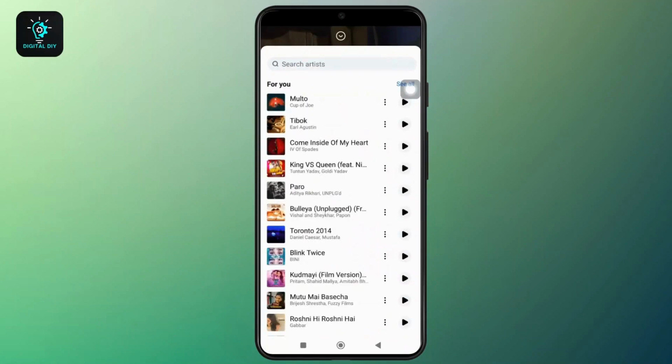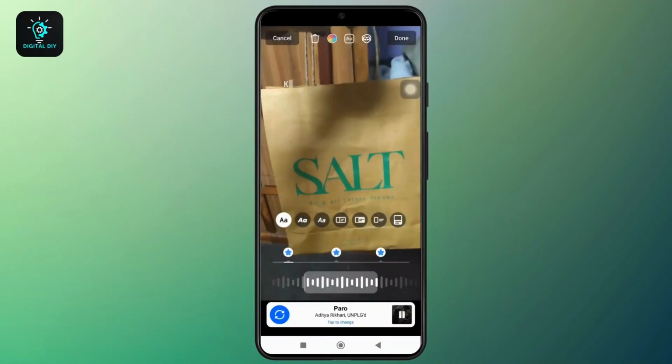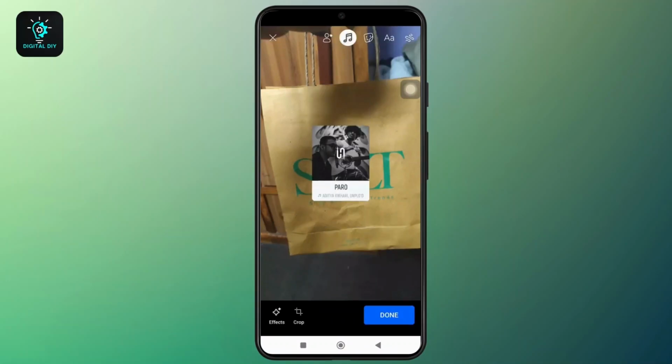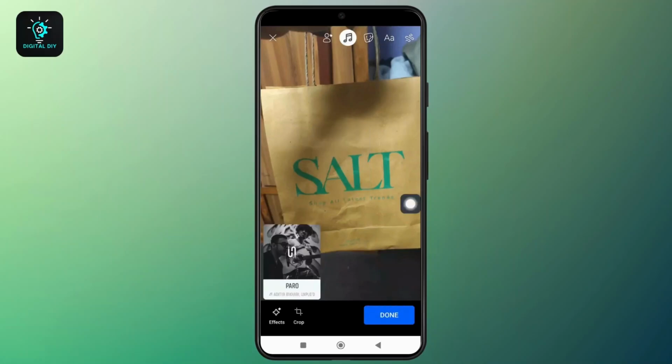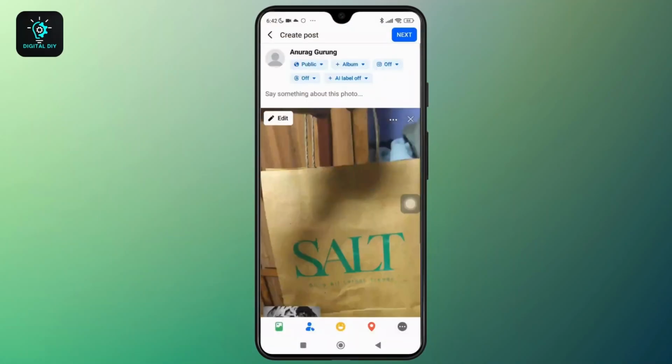You can either pick one from the list or use the search bar to find a specific track. Now depending on the song, you might also be able to add lyrics and adjust the clip length, and once you're happy with the music, just tap Done in the bottom right corner, and on the new page, simply tap on